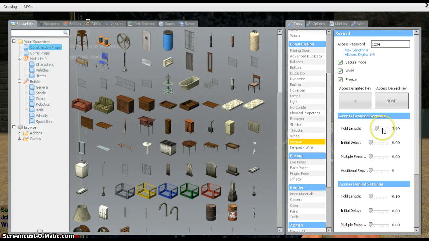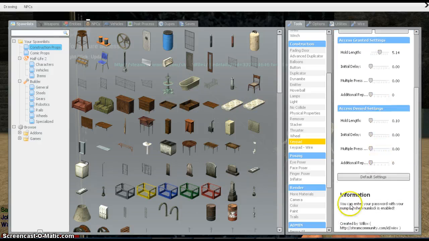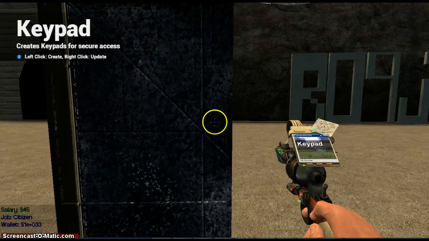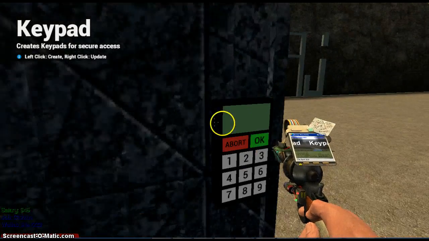Hold length, most servers keep it at 5 seconds. I kind of keep mine at like 3.5 or so. I'll just put it at 5, and just leave everything else at the default, I guess. And when you're done with that, just click Q and left click to spawn it, and now we have ourselves